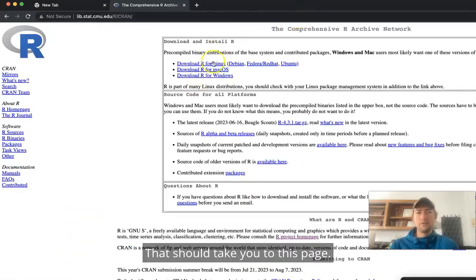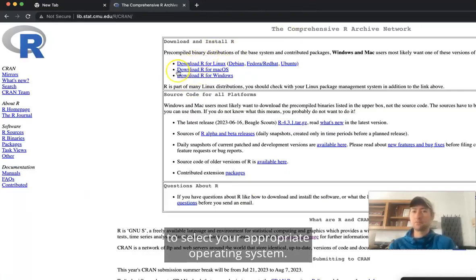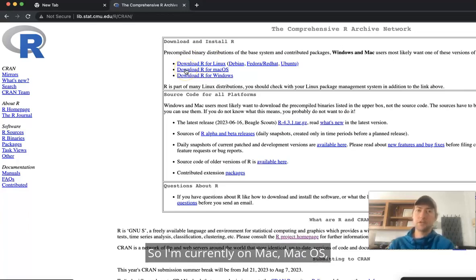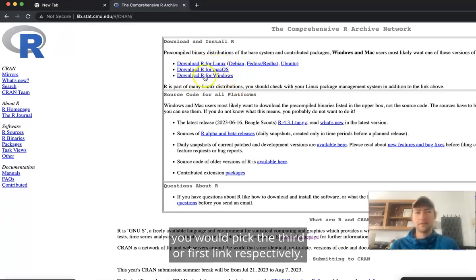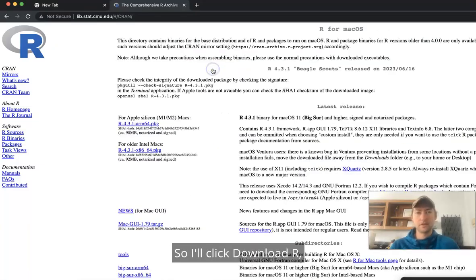That should take you to this page, and then you just need to select your appropriate operating system. So I'm currently on Mac OS, so I'm going to click the second link. But if you're on Windows or Linux, you would pick the third or first link, respectively. So I'll click Download R,